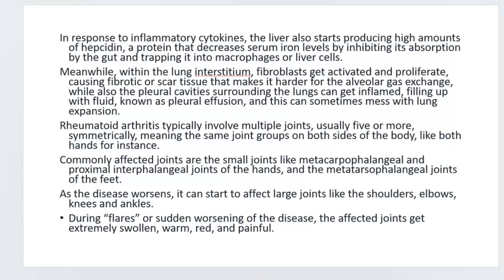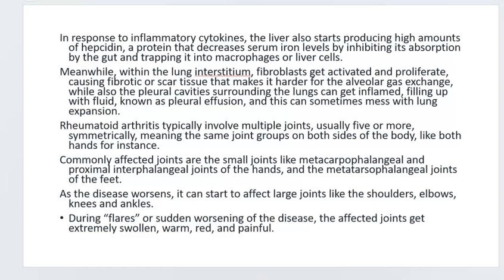this disease process works. So in response to our inflammatory cytokines now, the liver also starts producing high amounts of hepcidin. That's a protein that decreases serum iron levels because it inhibits its absorption by the gut, and it traps it into macrophages or liver cells. Meanwhile, within the lung interstitium, the fibroblasts get activated and they proliferate and cause fibrotic scarring, which makes it harder for the alveolar gas exchange. Also, the pleural cavities can get inflamed and fill up with fluid, so you can get pleural effusions, and sometimes